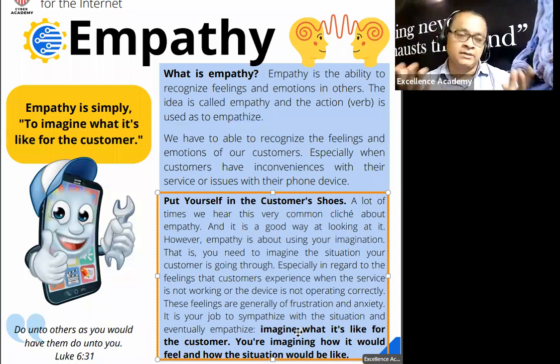You can say, I understand you're worried. I understand you're concerned about your service. I understand you are upset. I realize you're upset. It's okay to be upset. So you acknowledge those feelings. It is incorrect to think